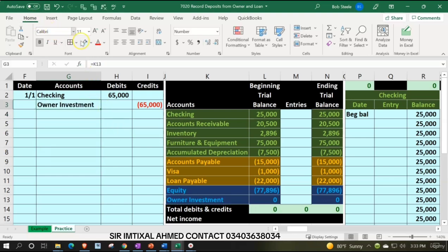We're going to then go to the home tab, alignment, and indent. And let's go ahead and post this out. So we got our checking account up top. First off, we're going to be in cell M4 where we will say equals, pointing to that 65,000, taking us from the beginning balance now at the 25,000 up by the 65,000 to, notice this ending cell, I didn't finish the last job